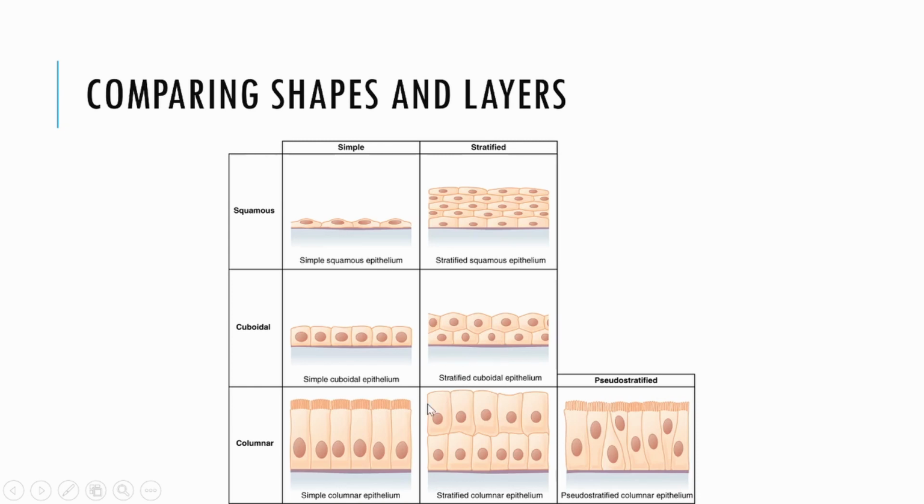And then we get down to the columnar area, and now we're adding in the pseudo-stratified. So you really don't see pseudo-stratified with the squamous or the cuboidal. It's kind of limited to the columnar cells. And we see how it's not very even. Like here, our simple cuboidal